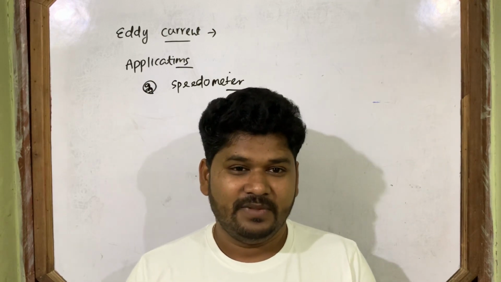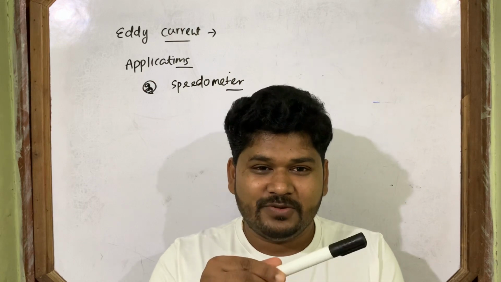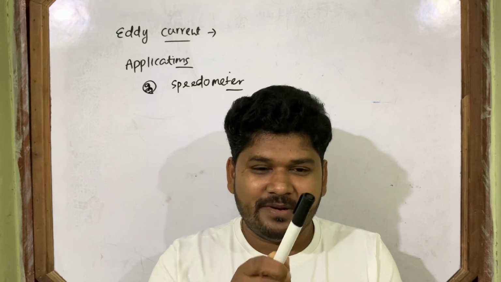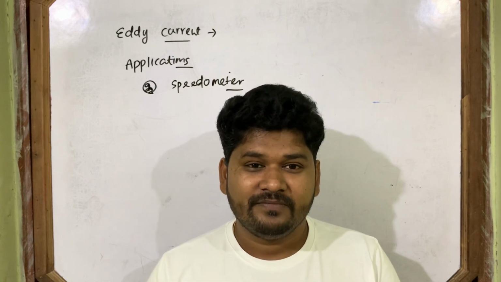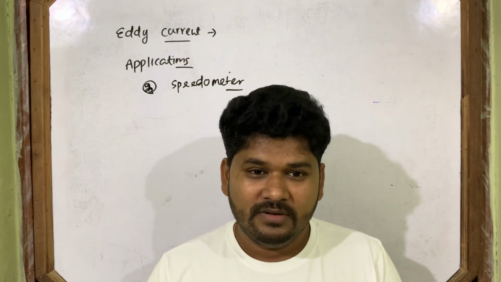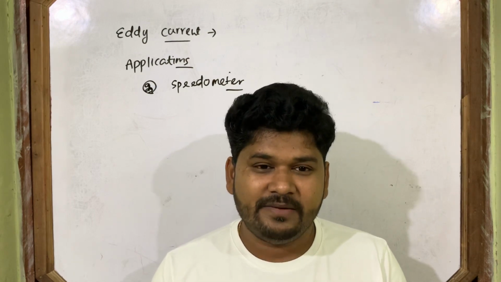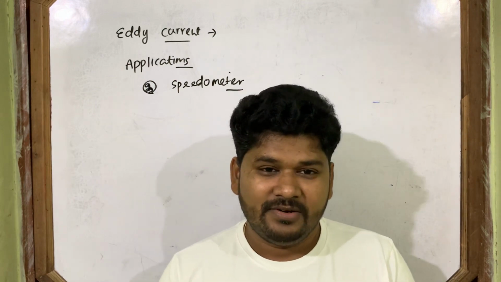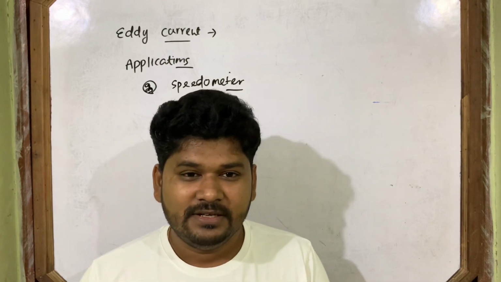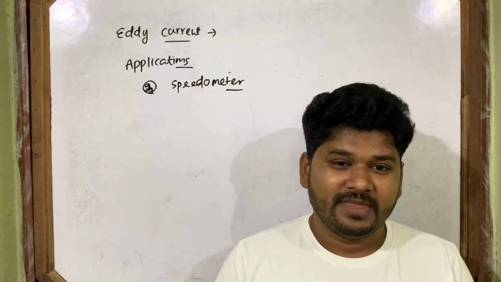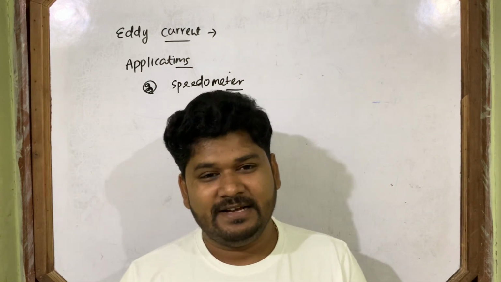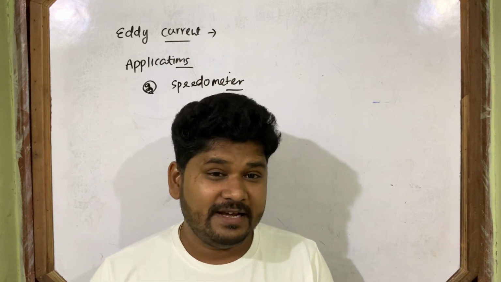If you rotate the front wheel by taking some stick or something, you see the speedometer. What happened there? The speedometer will show deflection like this. It will show 10 kilometer, 20 kilometer per hour. So, is the vehicle moving on the road? No. Using the double stand, you have just made the vehicle stand there. The vehicle is not moving. But when you rotate the wheel, it is showing like this. Then what happened here? Because that speedometer also operates by eddy current. How does it operate by eddy current?